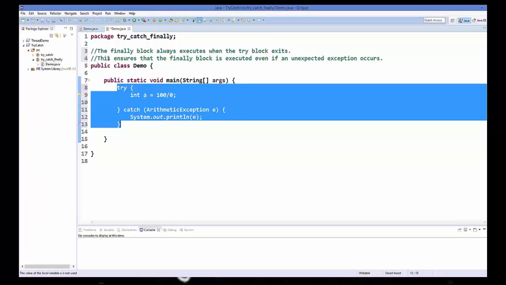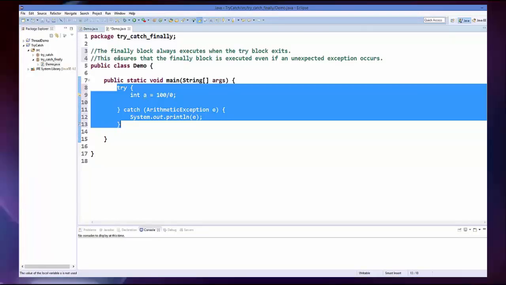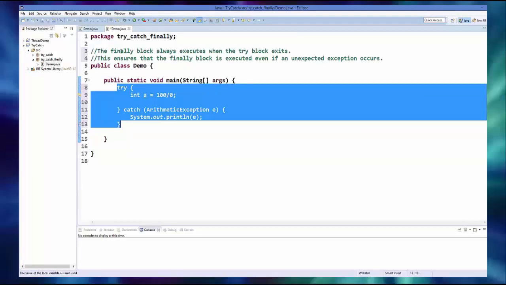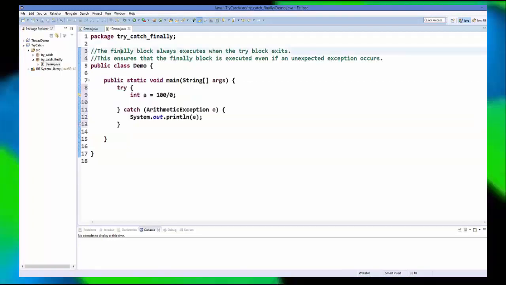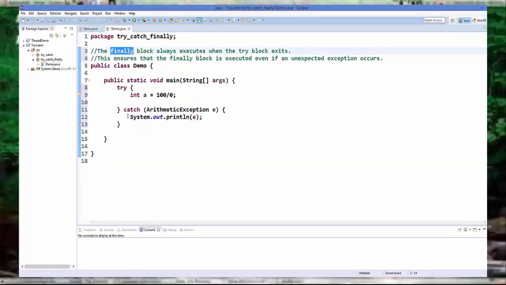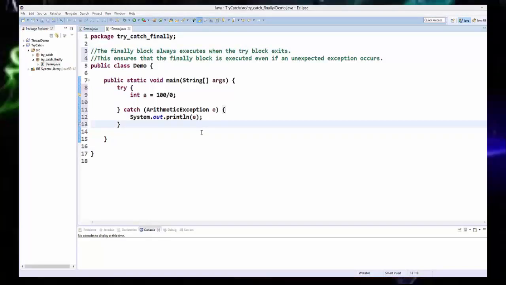It doesn't matter what the code does, whether it throws an exception or not, this finally block is always executed. So using this finally block, you always have the chance to release your resources.